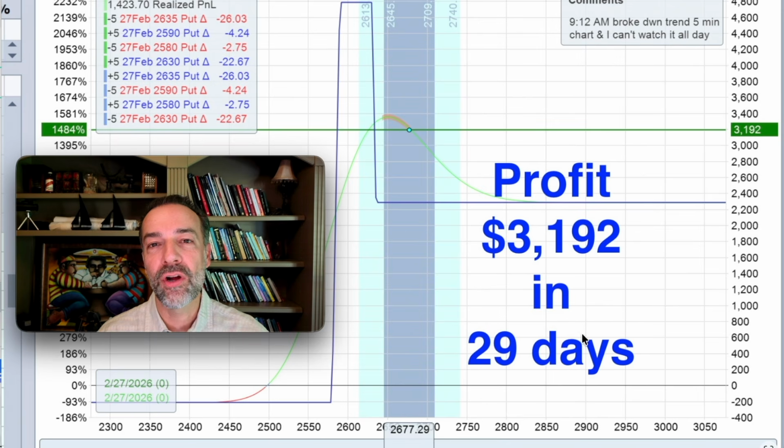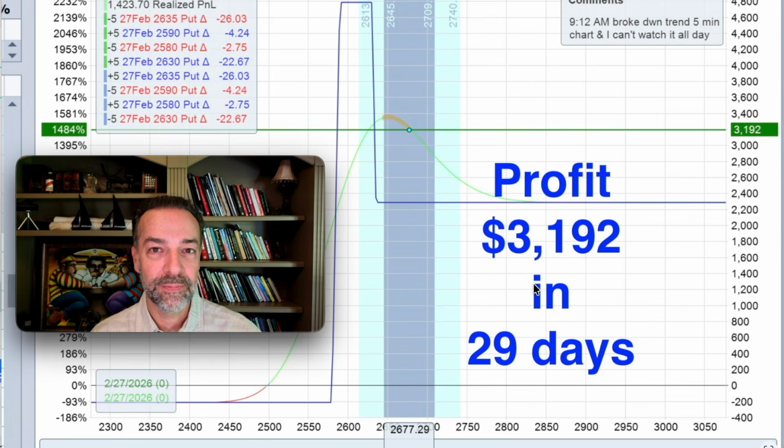So here's what the P&L chart looked like when I closed this position out. Notice I still had potential. If the market came down, I could have a nice win of about $4,800, but I didn't want to deal with that. I didn't want to watch it all day. And on the flip side of that, if the market stayed where it was by the end of the day, I'd only have a profit of about $2,300. But when I closed this trade out, I was at a profit of $3,192, and I was in this trade